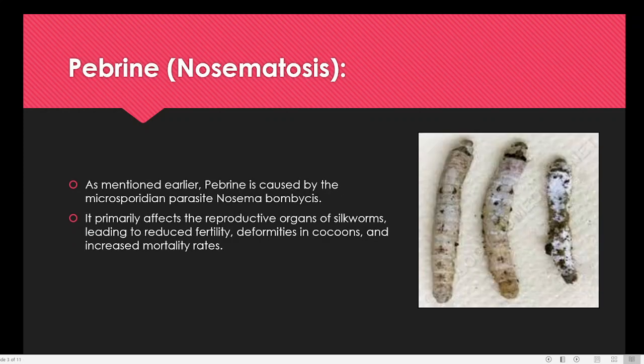One is known as nosematosis, otherwise known by the name pebrine disease. Pebrine disease is caused by a microsporidian parasite known by the name Nosema bombycis. That is the name of the parasite which is causing this pebrine disease. Now, in the case of this silkworm, as it is mentioned here,